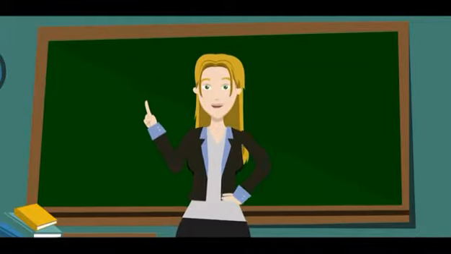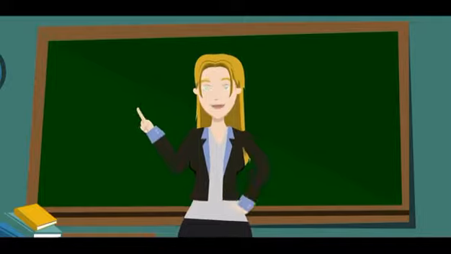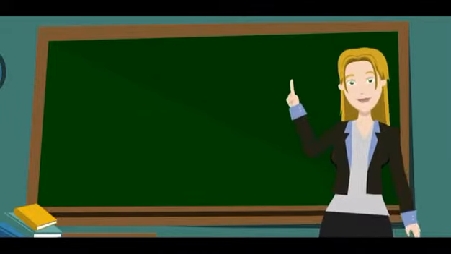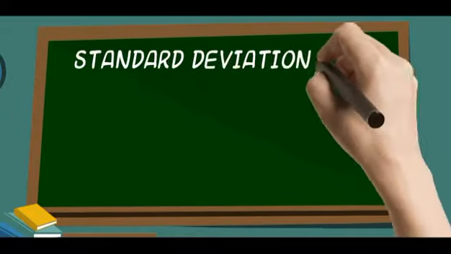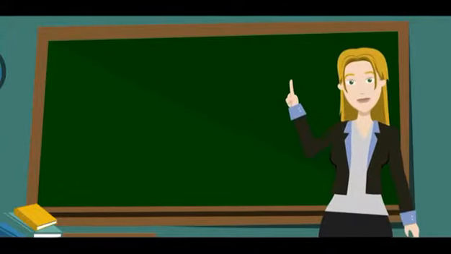Now that we know how to get the variance, we can now easily get the standard deviation for both ungrouped and grouped data. Do you still remember our definition for the standard deviation? Standard deviation is simply the positive square root of the variance. Its basic formulas are